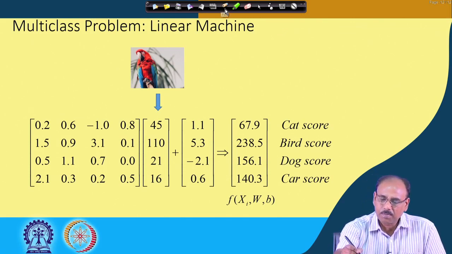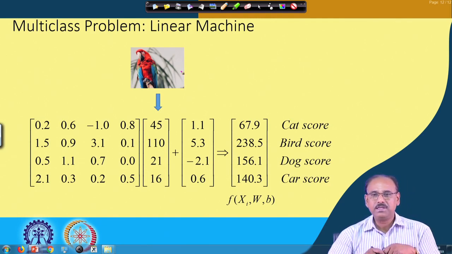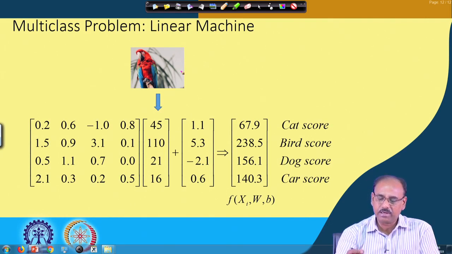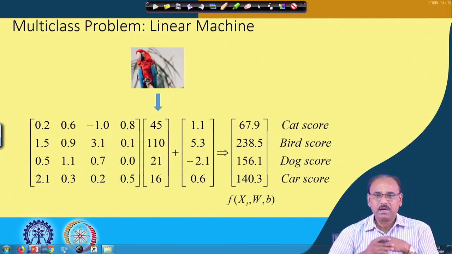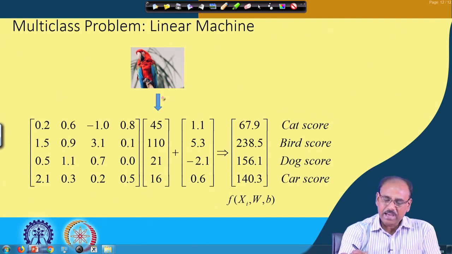Here what we are doing is, we have taken an image and this image is flattened out to convert it to a vector. So, how do you flatten it out? You can take every column of the image and concatenate the columns to get a vector, right. So, if I assume that this image is converted to a vector having 4 components, and this is my linear